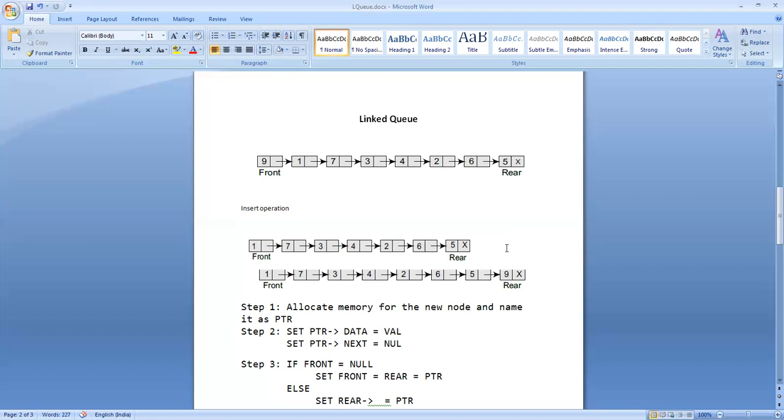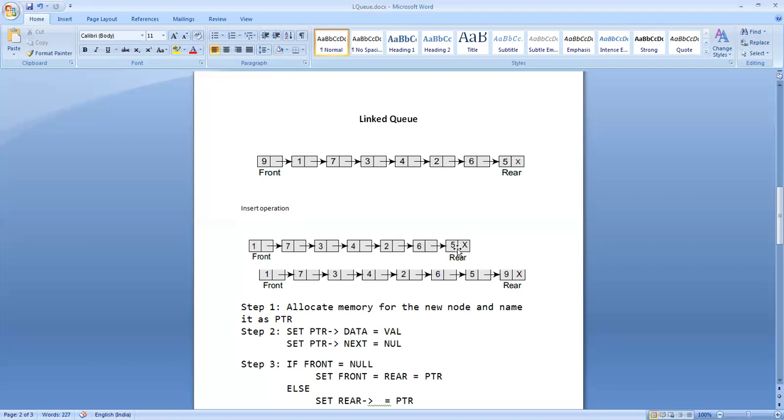So that 9 is stored in the data field of the node pointed to by PTR. Then that node is going to be the last node, so the next field of the new node, I make it null. Then the connection from the node pointed to by rear should be given to the new node. This pointer field of the last node is accessed as rear reference next.